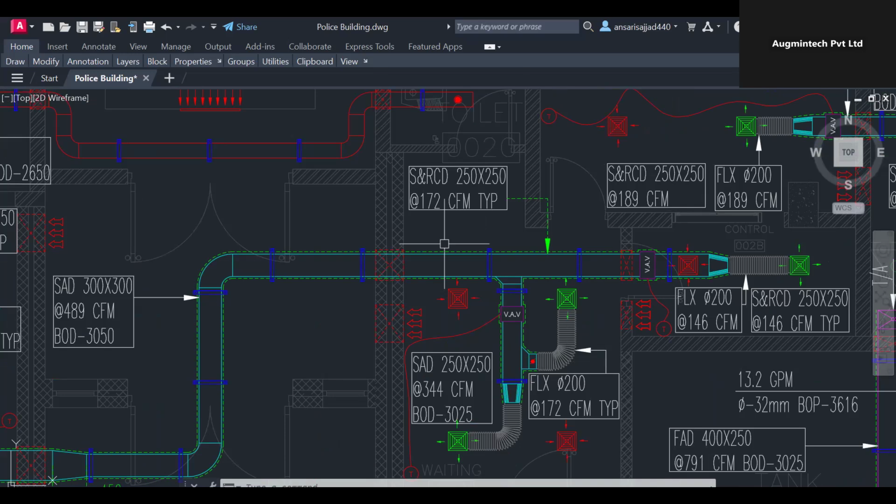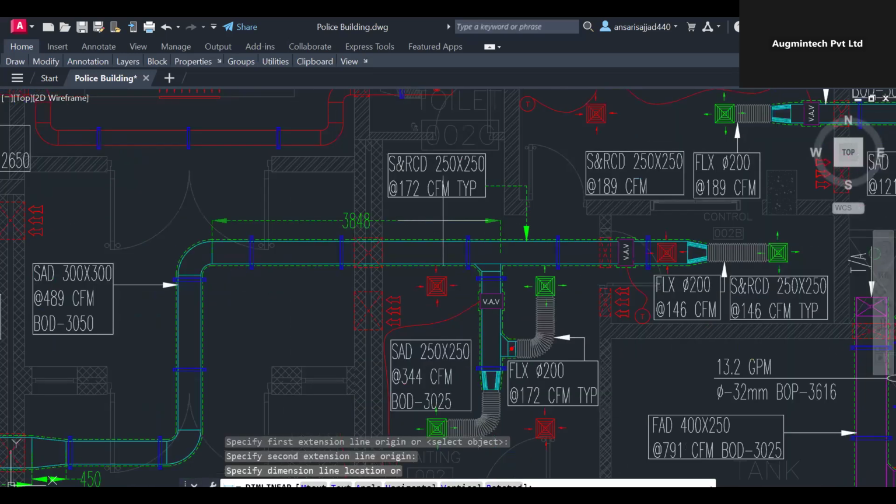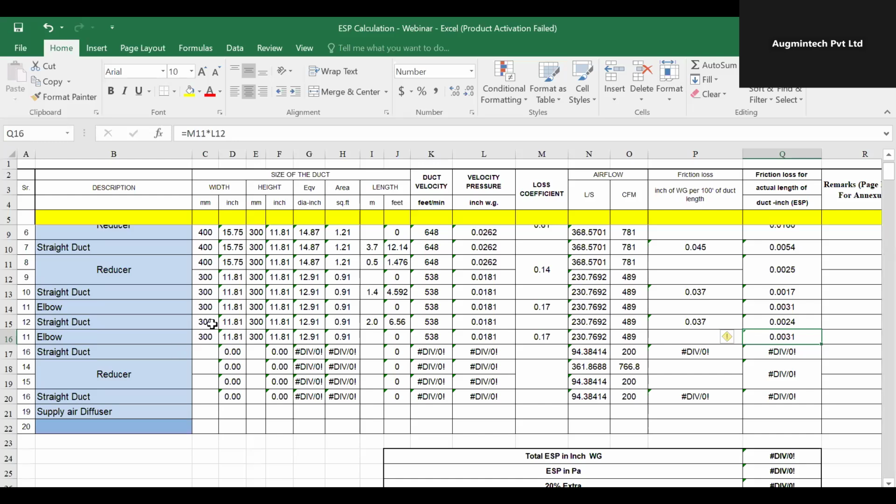See, from this point is for a 3.8 meter, duct size is 300 and 300. Okay, so see what I am doing. Duct size is 300 by 300 and the total length is 3.8 or near about 4 meter, let's say. Flow is 489. So I'm just considering as per that whatever friction loss value you are getting, that value you have to